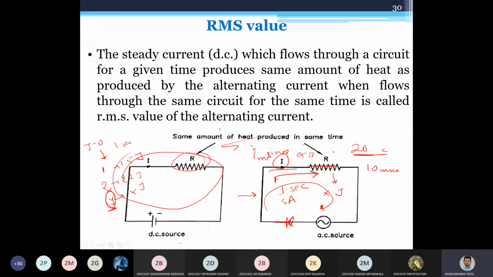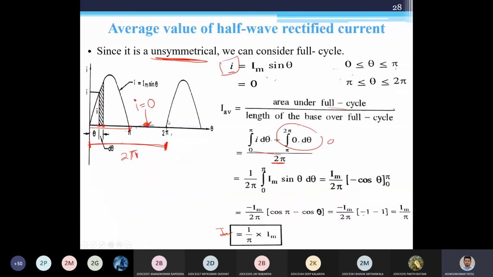because in this case what we measure is the heat transfer during some amount of time, and in case of average we try to measure the charge passing through over time. That's the thing. This is the AC wave, and it is always changing its values. What we want is a quantity using which we can represent it in a steady state.